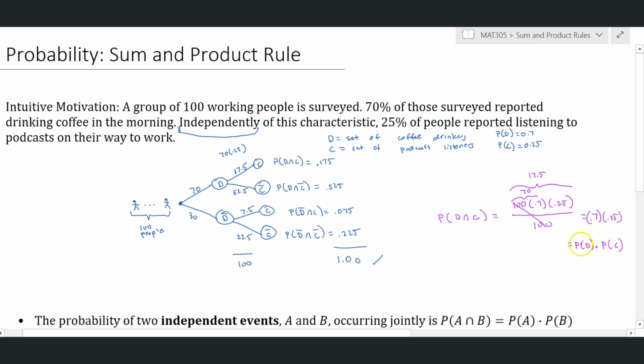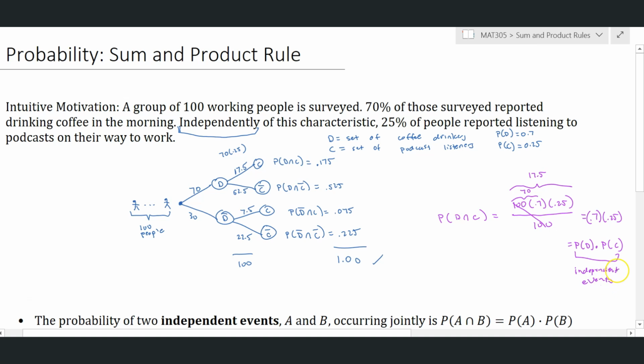Now, the important concept here is that we're saying 25% of 70% of all of our people, so 25% of 70% of all of our people do both of these things, drink coffee and listen to podcasts. And the reason we can just multiply like this is because we have independent